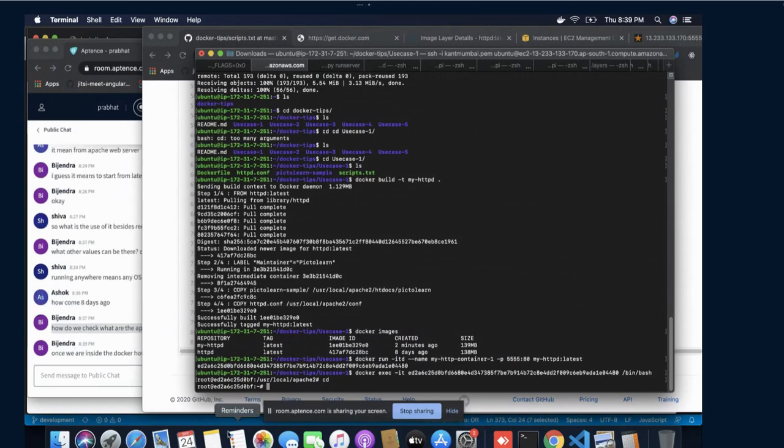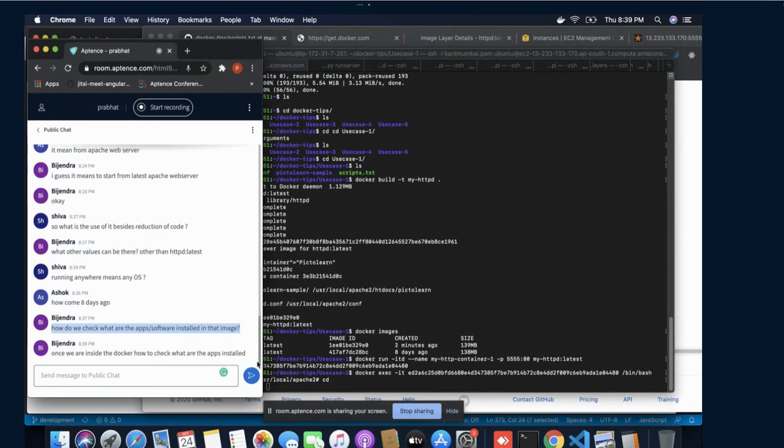Okay, once we are inside Docker, how to check what apps are installed? Okay, so tell me one thing. How will you be able to understand what software is installed in your Ubuntu system, the current system you are talking about? How will you be able to find it?